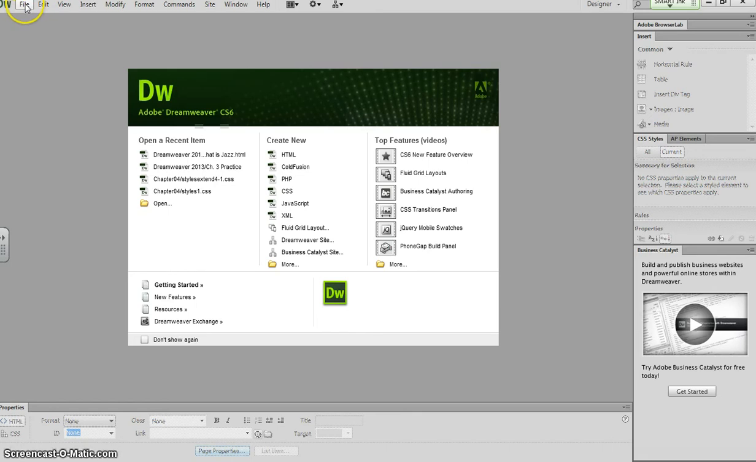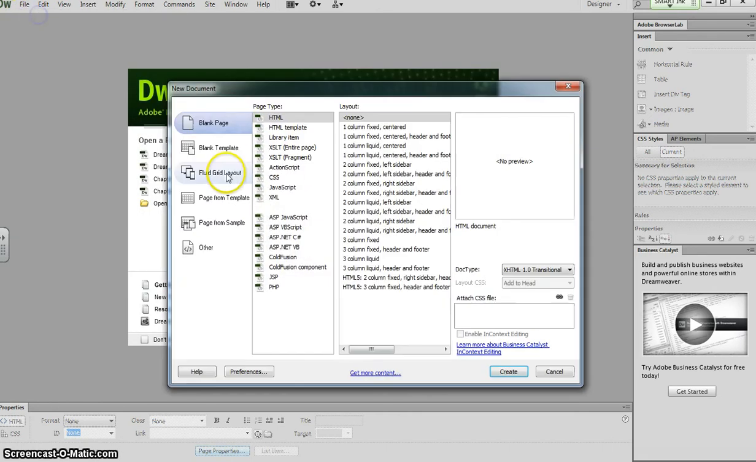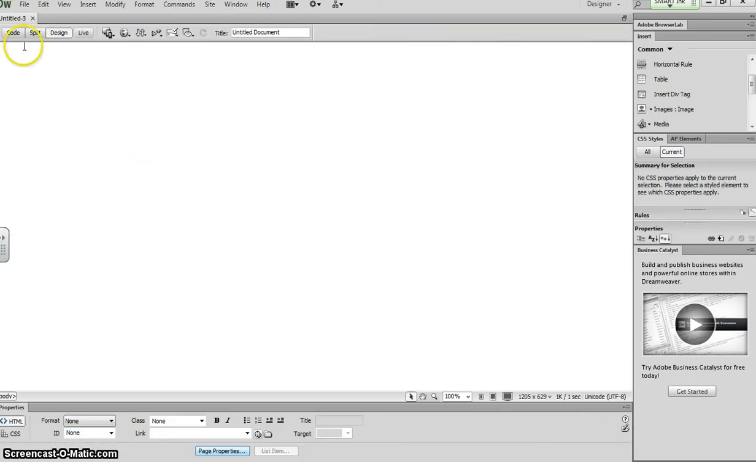So what I want you to do right now is go ahead and open up a brand new blank file. Remember, we go to File and New, Blank Page, HTML, and None. And we're going to go with the total design view here. You can peek back and forth at your code, but I want to give you as much space as possible